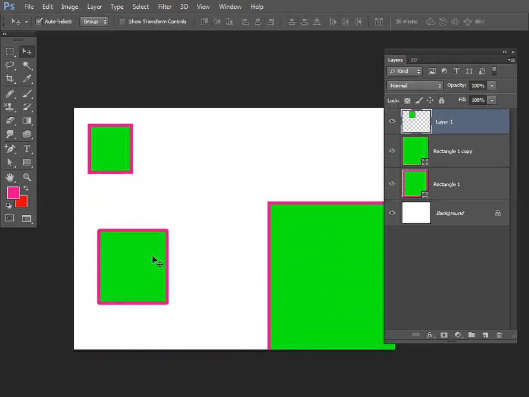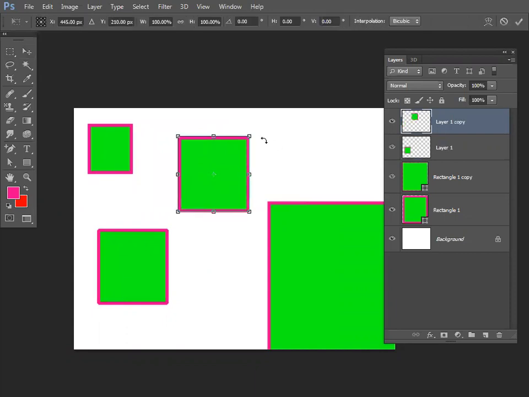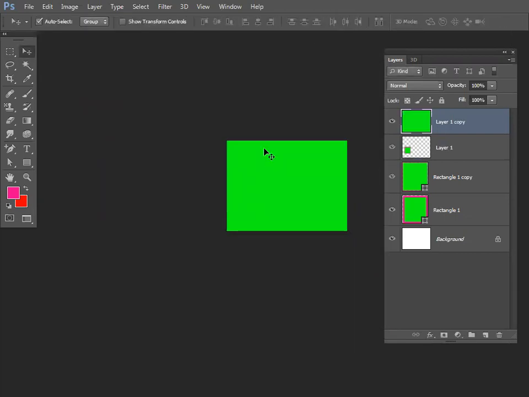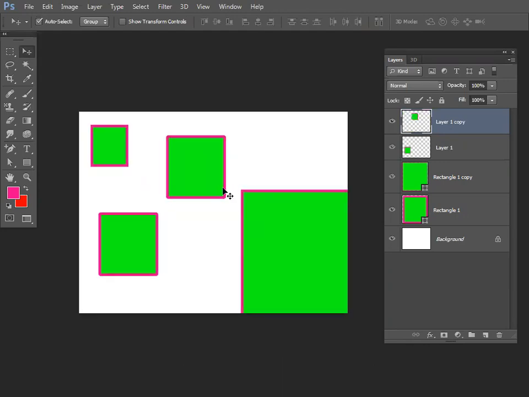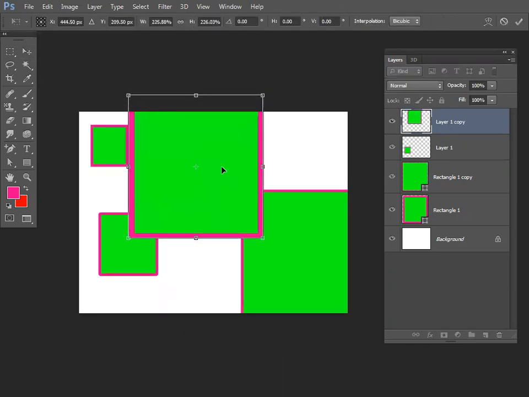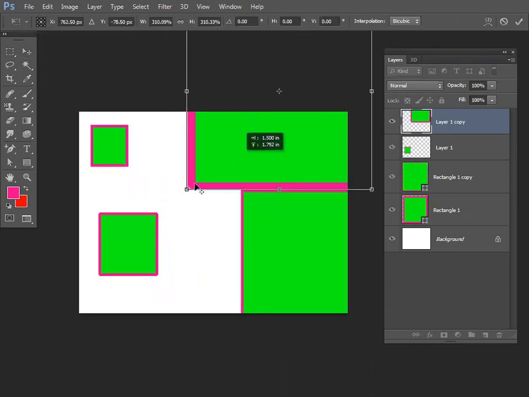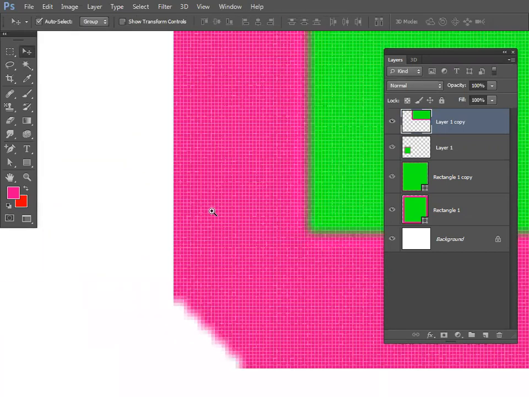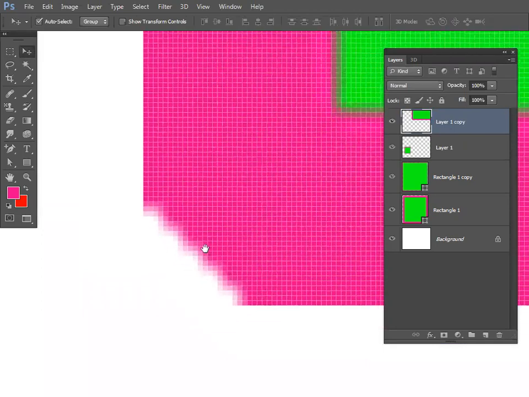If I Control Alt drag to duplicate, and drag this to a bigger size, sorry, undo this, Control Z, and drag this to a bigger size like this, see, the image will get blurred.